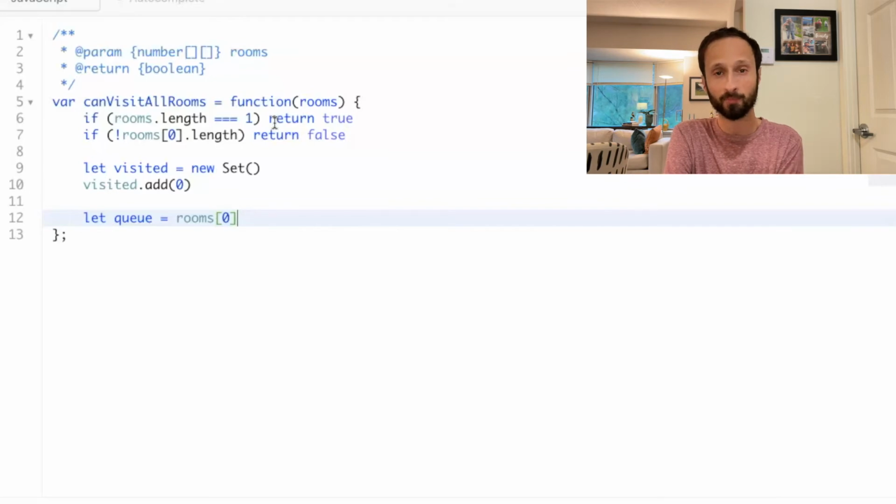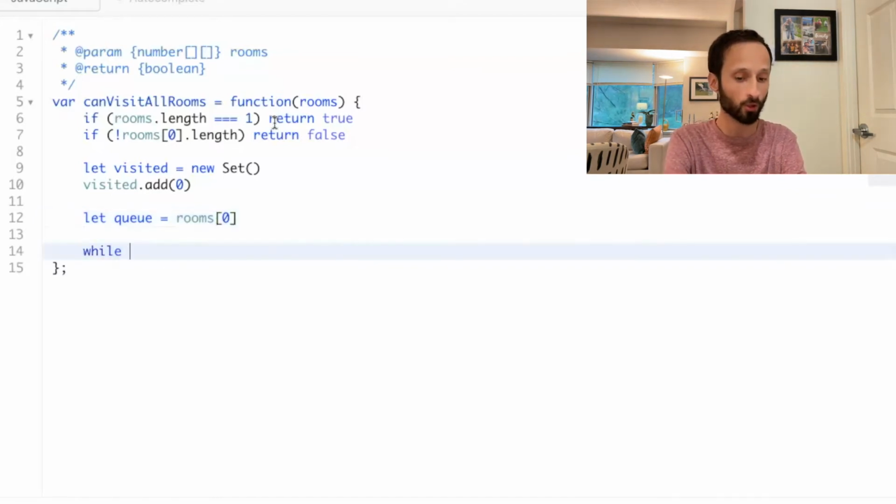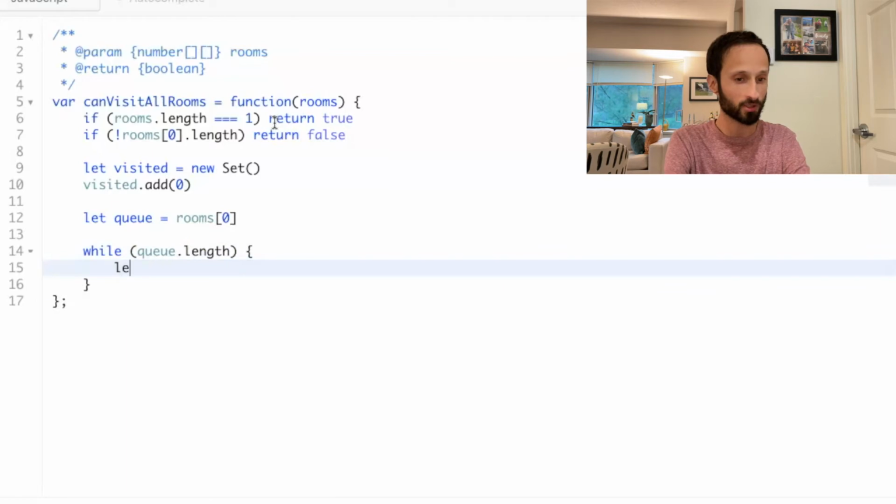Or in other words, I'm going to represent it as an array, which it is already starting off as, and you push into this array and then shift off the front. Therefore, whatever you push in first is also going to be the first item off of the front of this array. And now we can go while this queue has any length, because we're going to start by saying